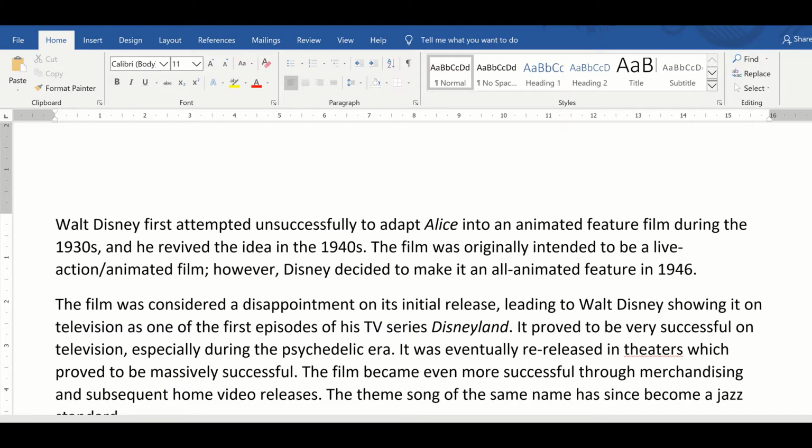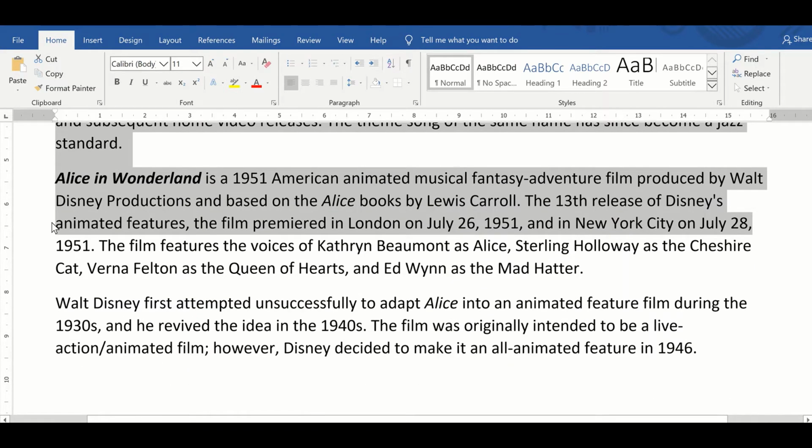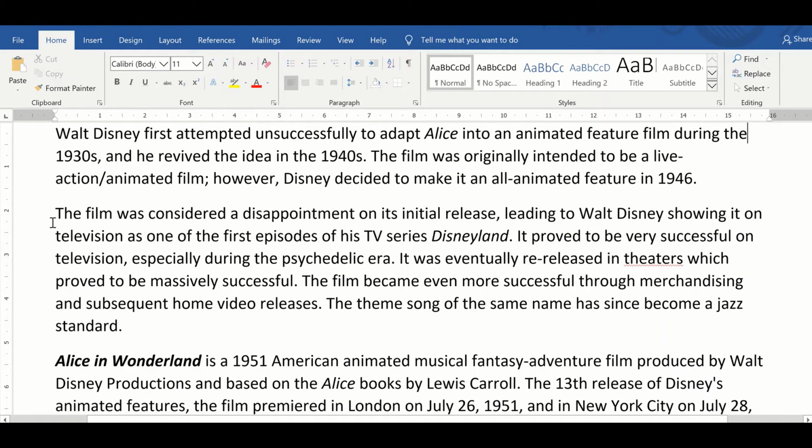Another way to select the text is by using arrow keys and the mouse. Using arrow keys, take the mouse pointer to the beginning of the text, and if you want to select the text towards the right, press the right arrow key. If you press Shift plus End, it will select that sentence. If you press Shift plus Page Down, it will select the text of the entire page. So you can also use the key method to select the text.